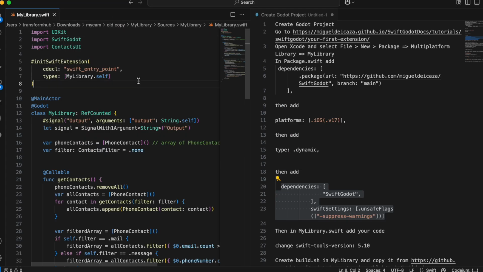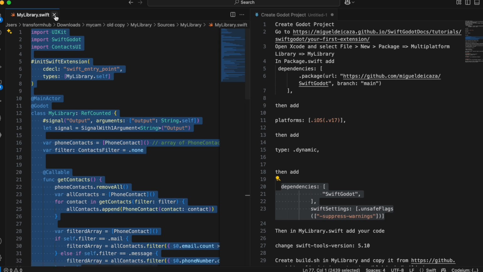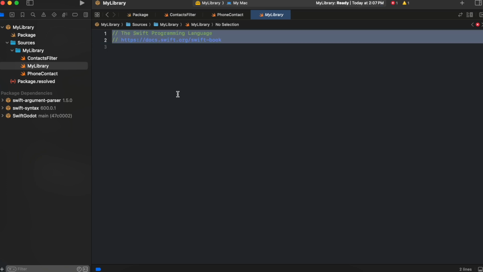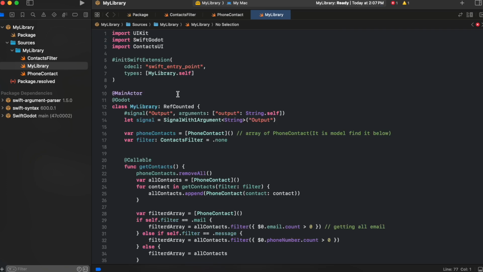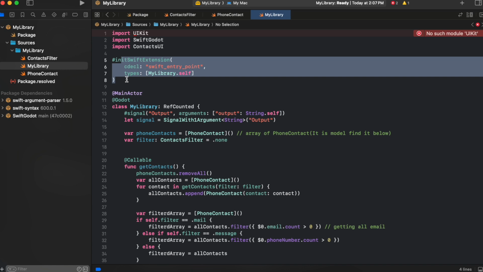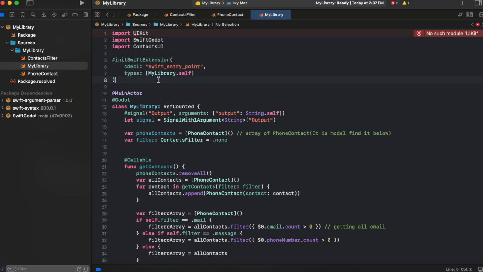Okay, then we need to copy this. I'll copy this and I'll come back over here inside my library.swift, paste over here. So here we import UIKit, we import SwiftGodot, and we import ContactsUI as well. Then here we have to write this boilerplate code which is present by default when working with SwiftGodot, but